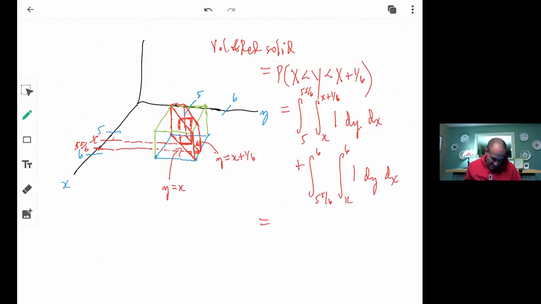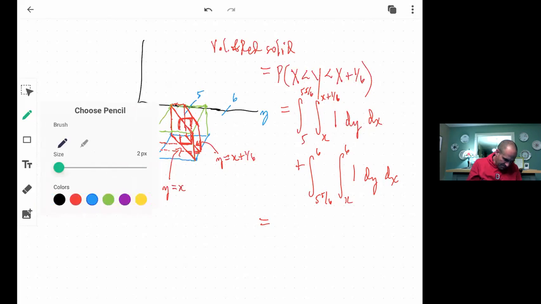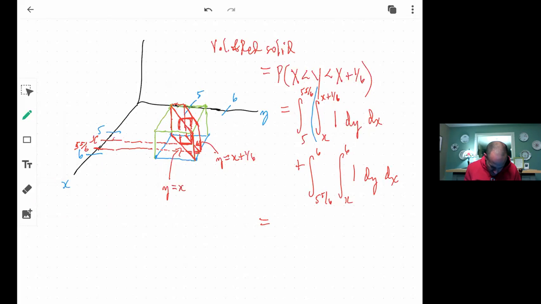And now we just have to do this computation carefully, okay? So we do this innermost integral first. So what's that going to be? Well, once again, it's going to be y, and you're going to go x plus a sixth minus x. So it's going to be x plus a sixth minus x is just going to be a sixth. So this would be the integral from 5 to 5 and 5/6 of just a sixth